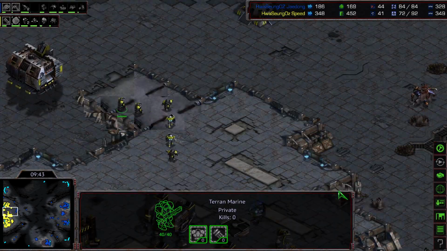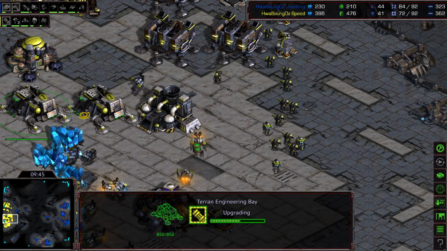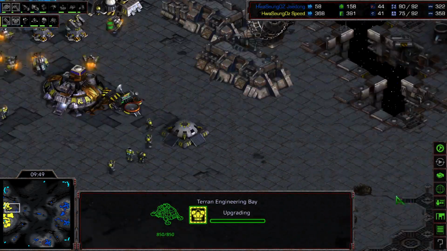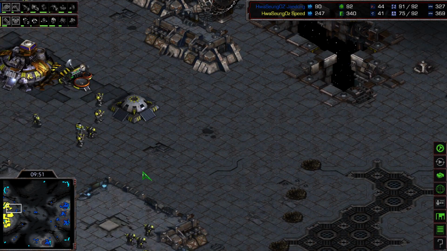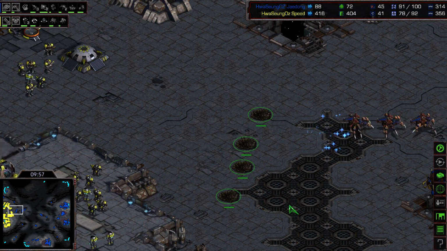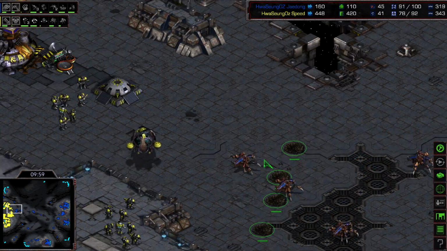Let's just check if he also has some upgrades with those engineering bays. Yes indeed, 1 weapons, and it should of course be 1 armor really soon. So I really like that from the Terran as he's heading into those upgrades at almost the 10-minute mark. Hold on, we have an important burrow